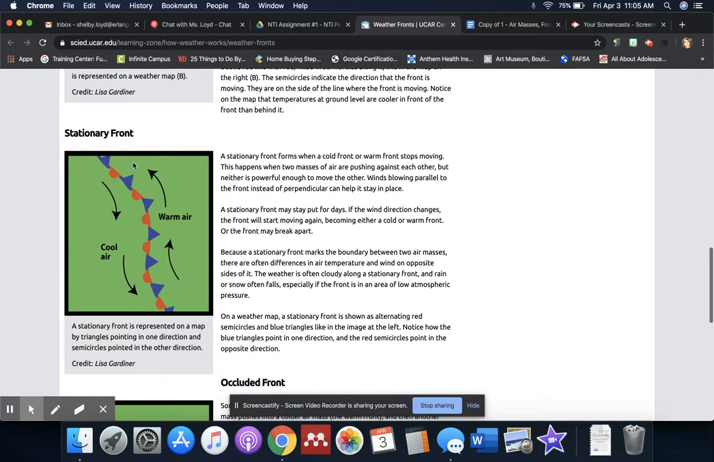Now you can also have a stationary front. A stationary front forms when a cold front or a warm front stops moving. This happens when two masses of air are pushing against each other, but neither is powerful enough to move the other. Winds blowing parallel to the front instead of perpendicular can cause it to stay in place. A stationary front may stay put for days. If the wind direction changes, the front will start moving again, becoming either a cold or warm front, or the